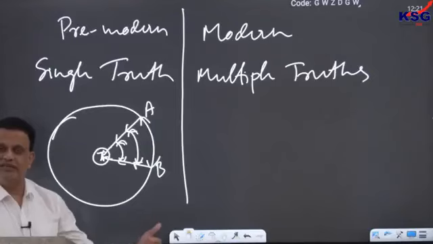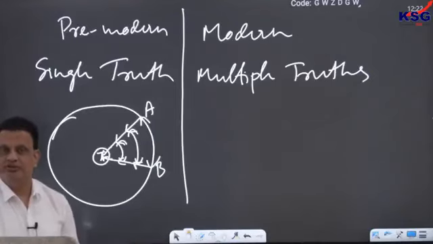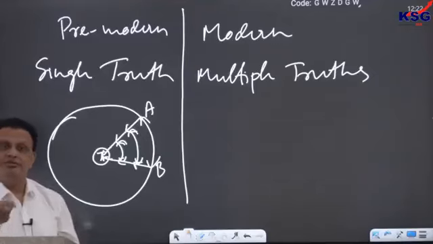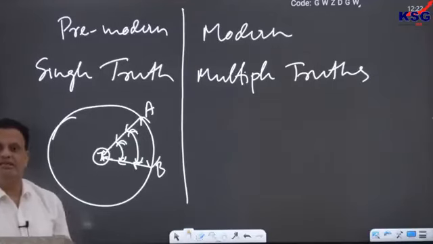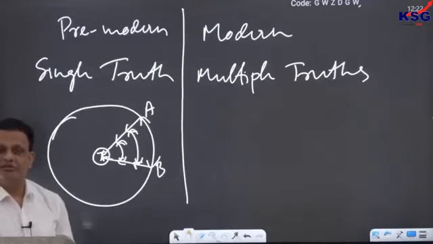There are multiple truths. You cannot make a claim of the truth. So, different people have different truths in a way. Each one may be right in that case, even if they do not agree with each other. There is a beautiful story in Jainism. I hope all of you must have heard about that.